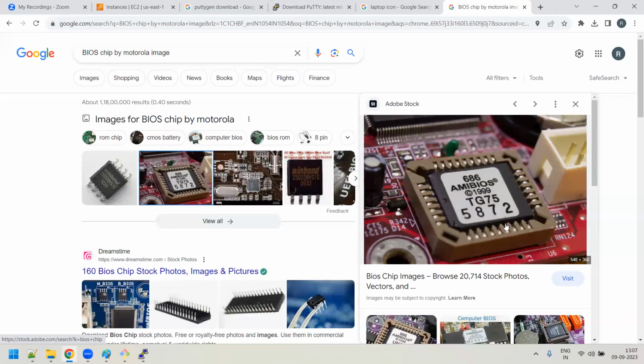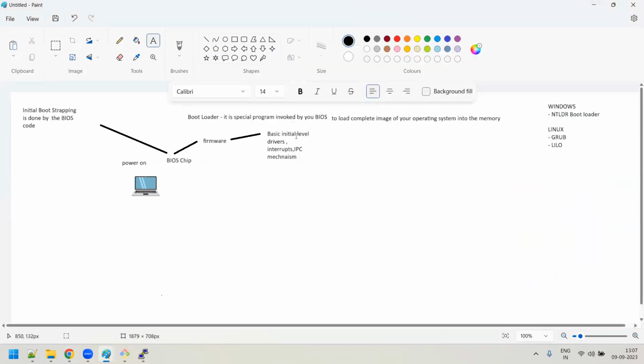For example, your RAM will get initialized, your hard drive will get initialized, your audio driver, video driver, graphic driver, network driver, all the devices which are connected to your system, right? All of them will get initialized during the boot up time. That's what I said, that this BIOS has some basic, very initial drivers.